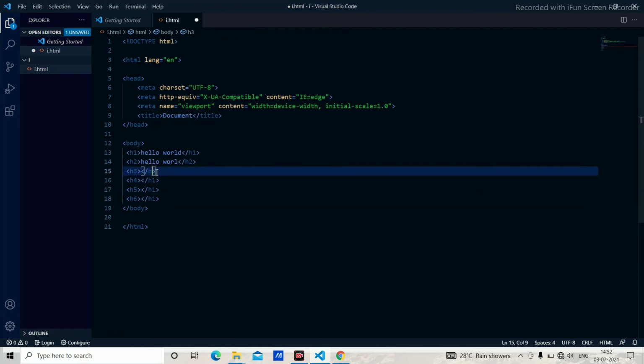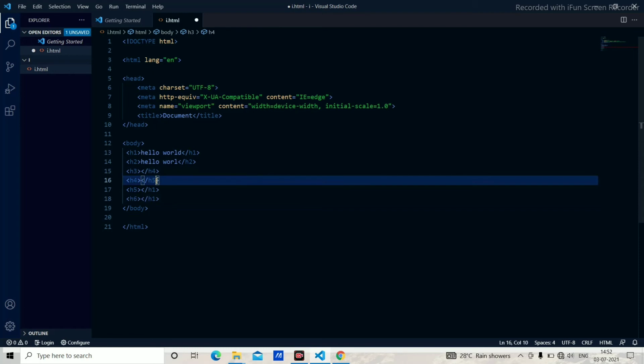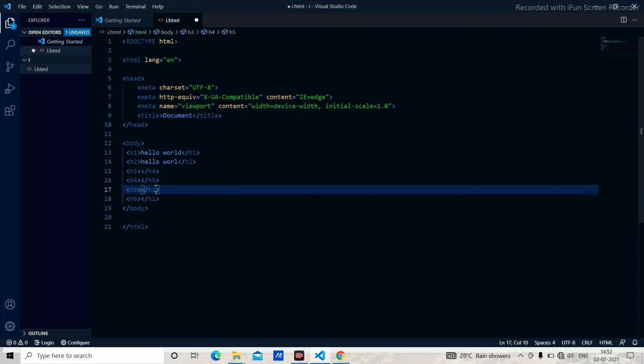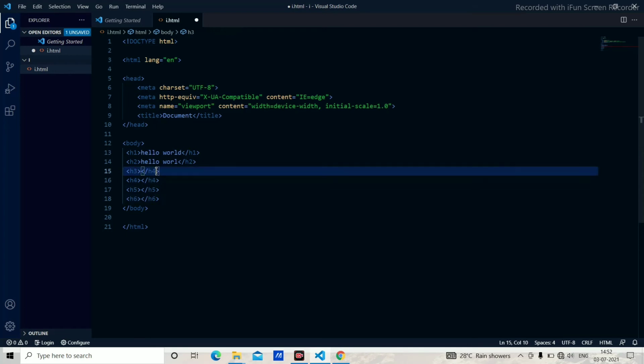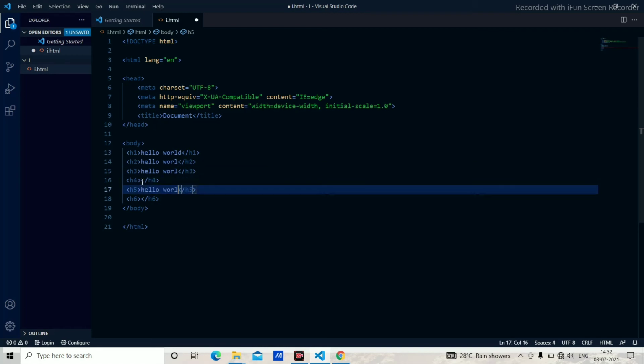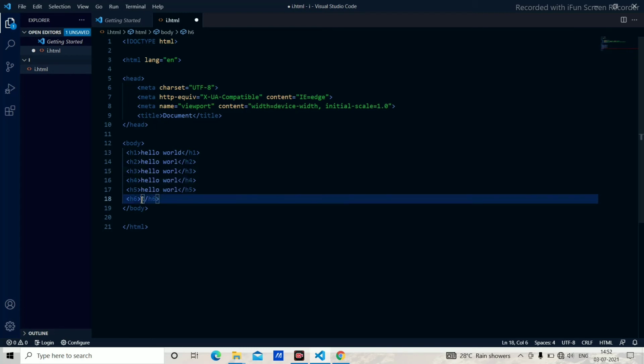Like that we have the ending tags for H4, H5 and H6. And I copy the text hello world. And I save it, and next I open it in a browser. I reload the page, and as you can see,